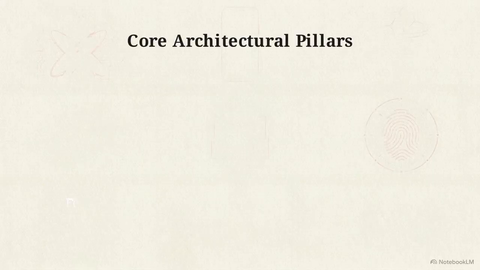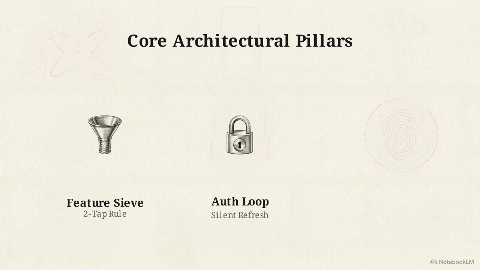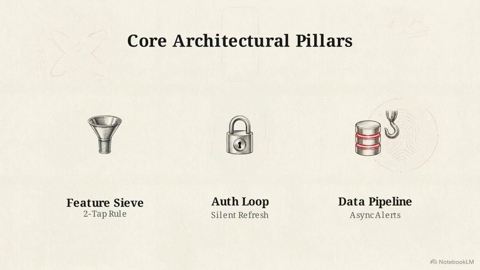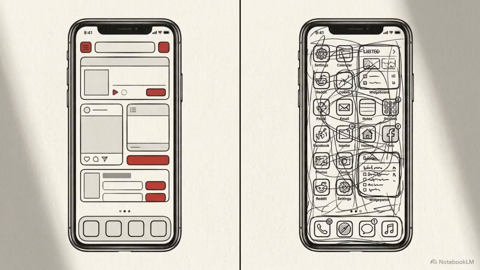The system rests on 3 pillars. First, a ruthless feature sieve that dictates exactly what data makes it to the device. Second, a frictionless authentication loop that balances heavy academic data security with immediate access. And third, a centralized, database-driven pipeline for asynchronous alerts. The design must resolve the competing demands of these 3 vectors to avoid the fragmentation and security lapses common in